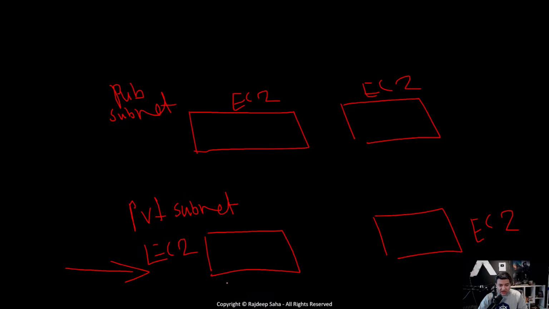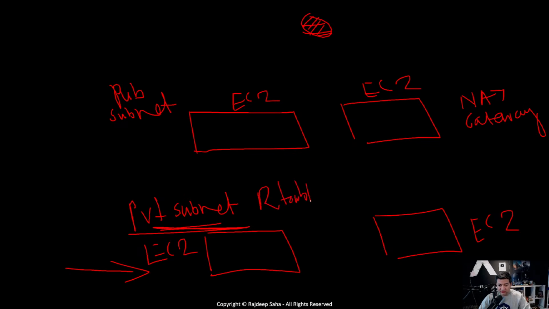So by default, let's say this is the internet, the globe. By default, EKS Auto cannot reach the internet, right? Because this is a private subnet. So what do we do so that these EC2s in the private subnet can reach the internet? We need to create a NAT gateway, right? So we need to create a NAT gateway, and this private subnet route table needs